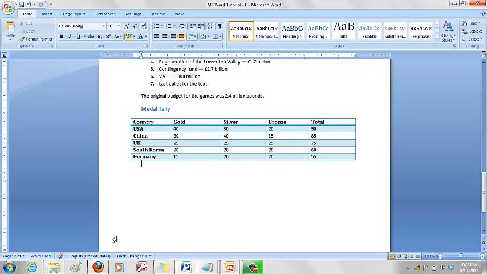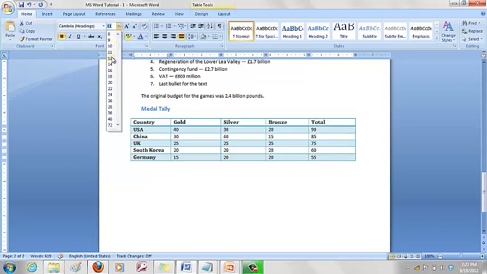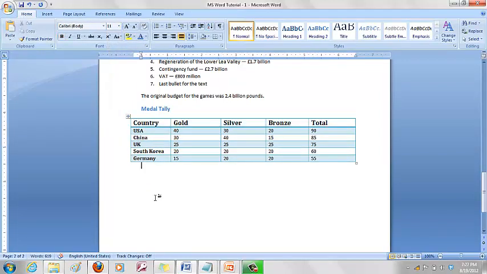So what we covered is how you insert a table, how you format it, and how you insert additional rows and columns. Inside the table, if you want to change the font sizes, you just select the text. Say for example on the header, I want to change the font size. Select the text, come to the Home tab and then make it 12 or 14. You see the font sizes have increased. So this is how you work with tables in Word.